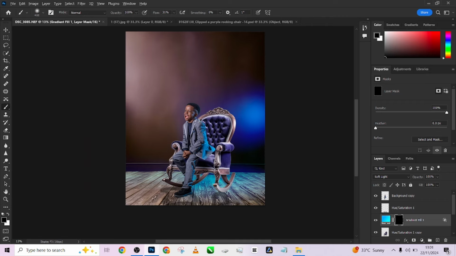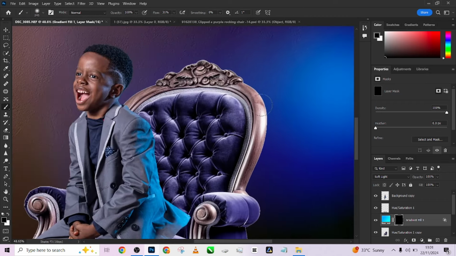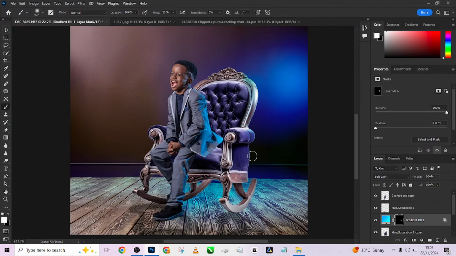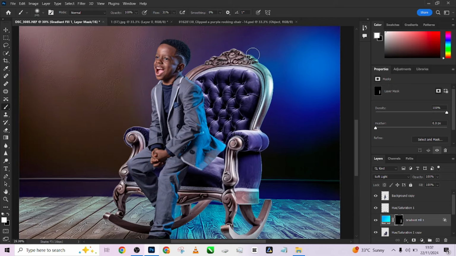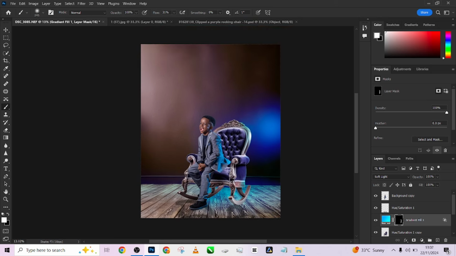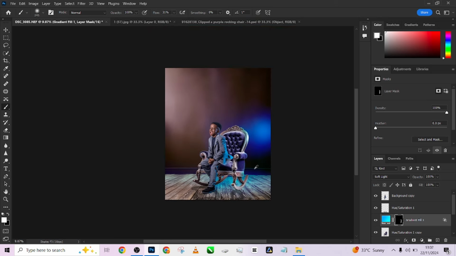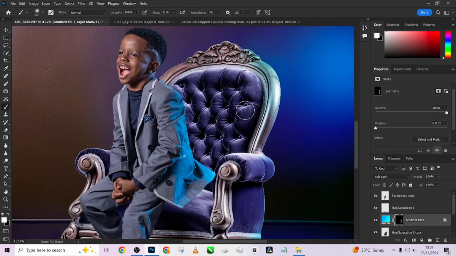Then use your brush to just paint it into the highlight that is towards the light, like this. You can also have it from here. I think it's too much over here. Just some areas over here. All right, so we are good. This is absolutely good. Look at the light effect that we just created, and I think it's wrapping around too much, so we just have to move it a little from this area